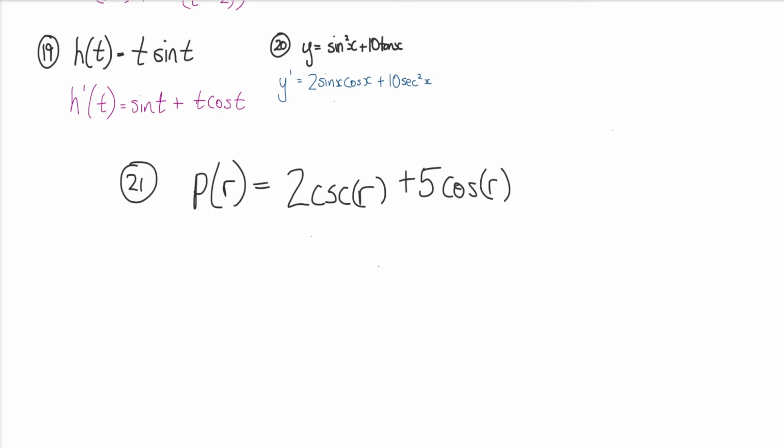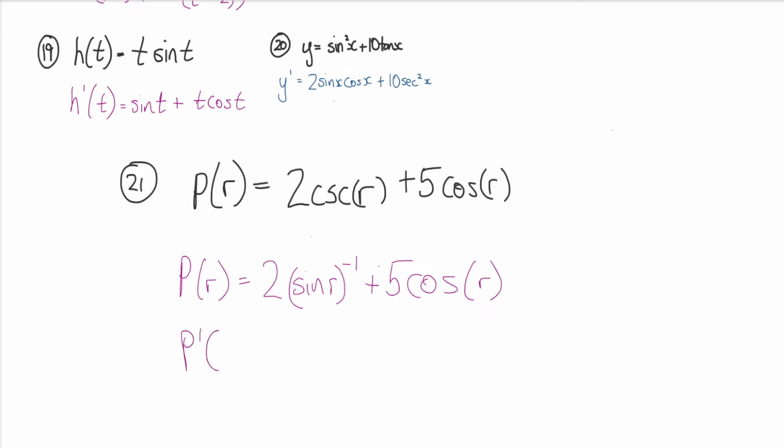Okay, so then I can just rewrite that when I'm doing the derivative. I don't even have to remember the cosecant of x's derivative, but we will kind of prove it in this effect. So this will be the sine of r to the -1 plus 5. Oh, careful. I'm calling that p prime. It's not p prime yet. I've just rewritten it. And now when I p prime it,